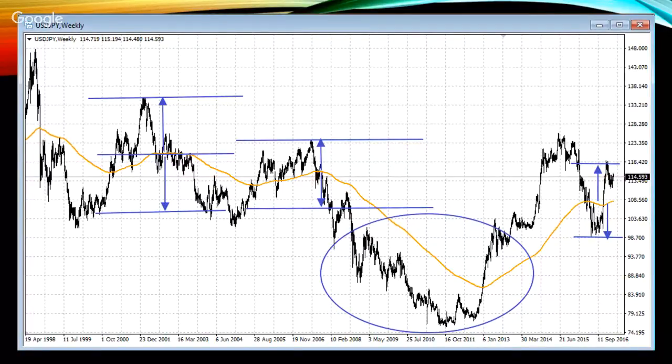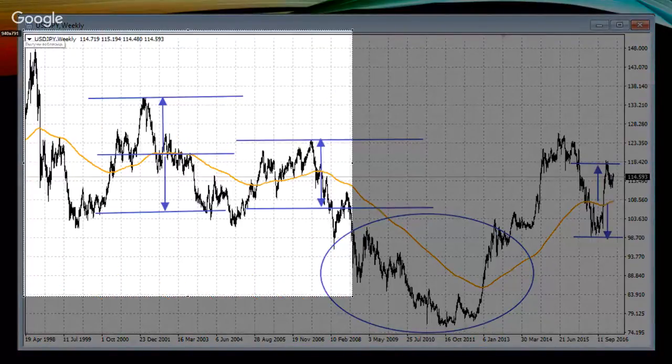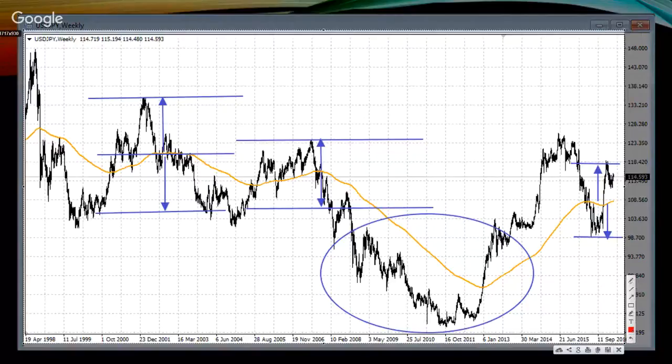Even if you choose strong levels to trade, for example, you see the price holding this level or this level, and you decide to work without stop losses. Simple, you enter here or here.